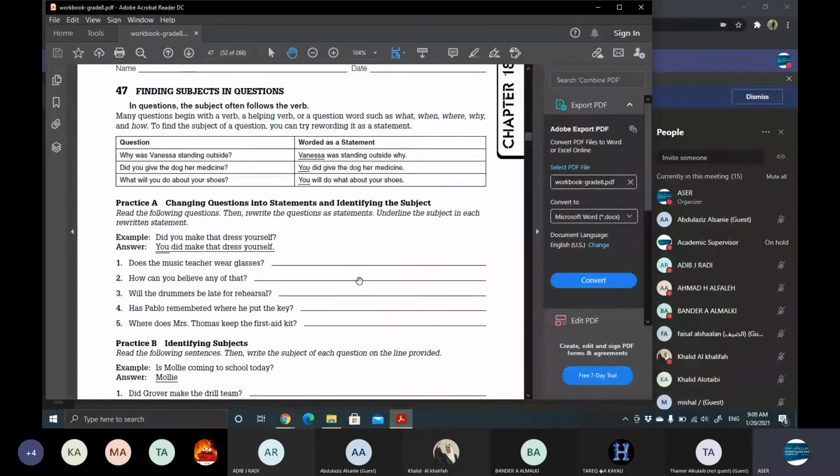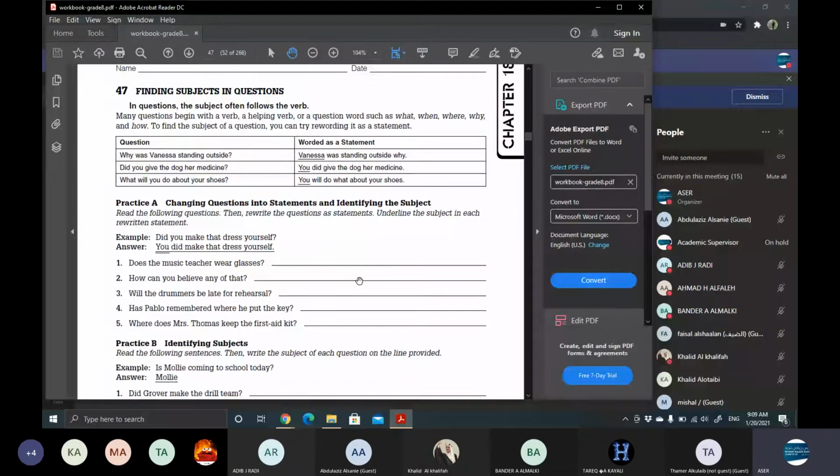For example, I was playing football yesterday. In order to make a question, you would say, what were you doing yesterday? So we will just alternate the subject with the auxiliary or the modal verb. Here in page number 47,